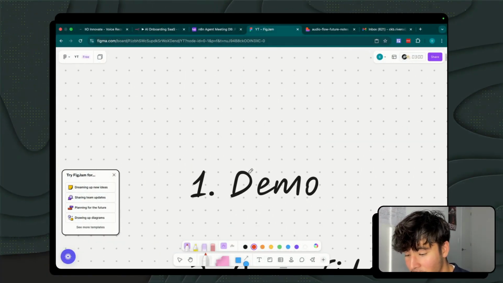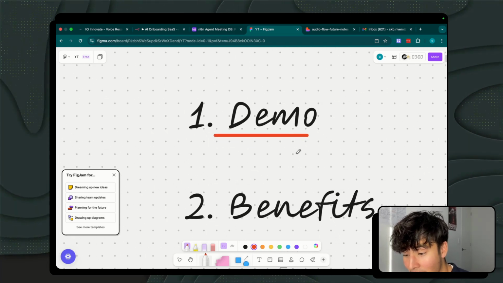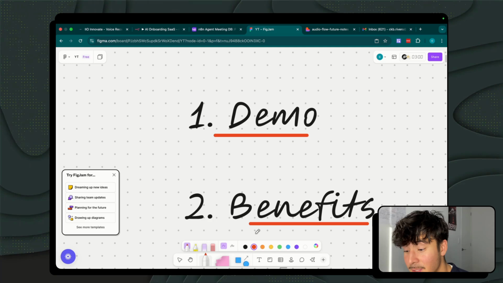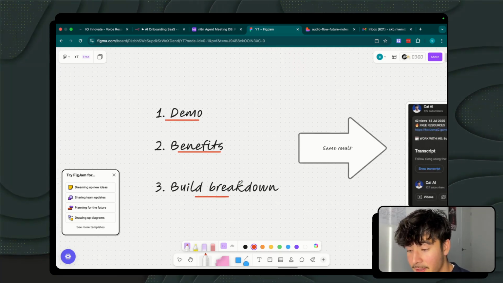Now I'll first walk through a demo of the working product, and then following that I'll show you how we were able to help them with the solution in the first place by showing the benefits. And then from that point, I will break down the technical build itself,